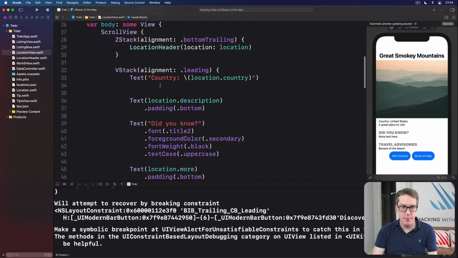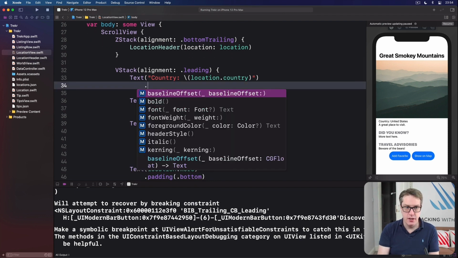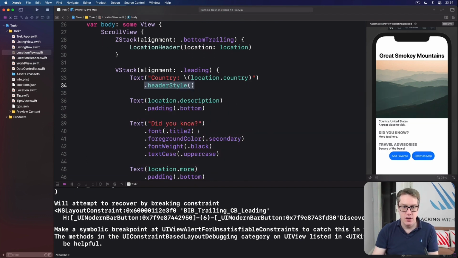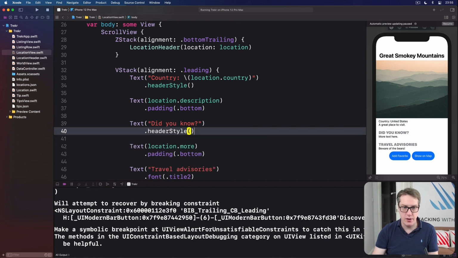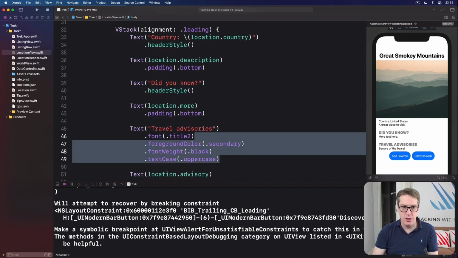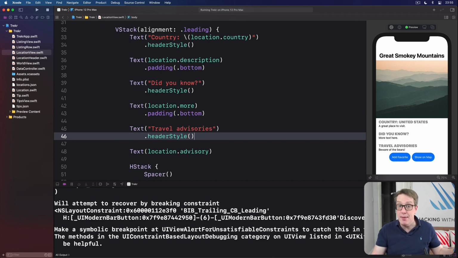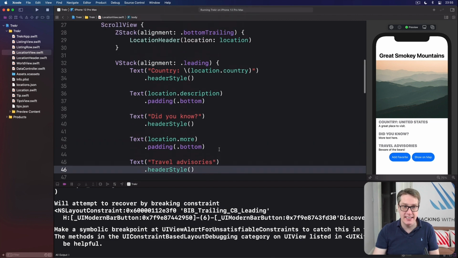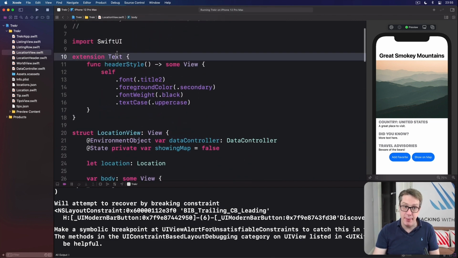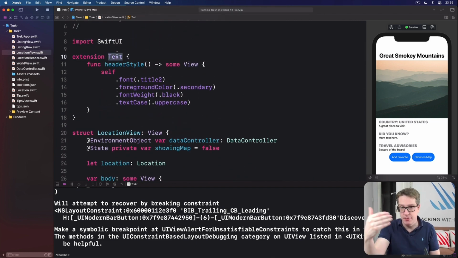So I could say that my country here, this is dot headerStyle. Or did you know? You are dot headerStyle. Advisories, you are dot headerStyle. It makes it really nice to encapsulate commonly used header styles or text styles or image styles or you name it in one simple place. And by having it as an extension of Text, it only appears possible on Text views, not other kinds of views. You won't see headerStyle